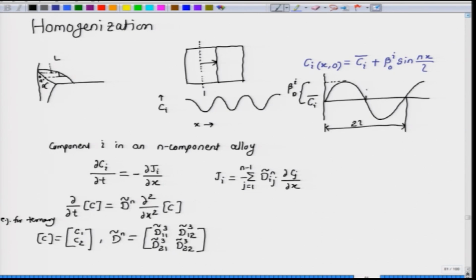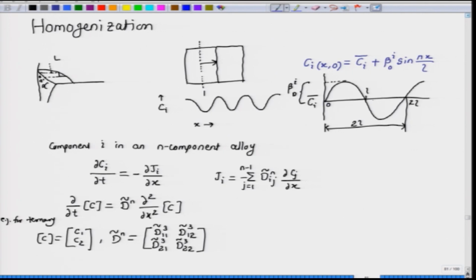So, L is half the period. So, this is x equal to 0, x equal to L, x equal to 2L, and this repeats. So, we have a periodic boundary condition. And what is the boundary condition? This is the initial condition. For boundary condition, we know,